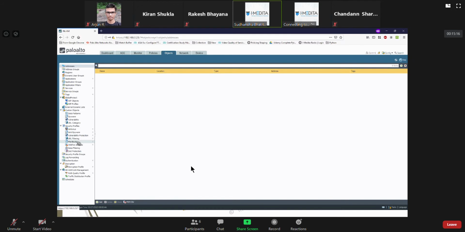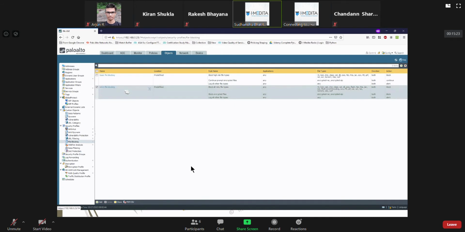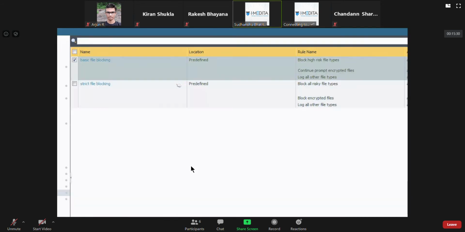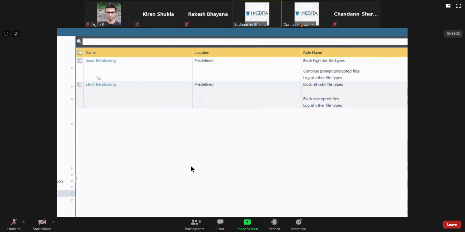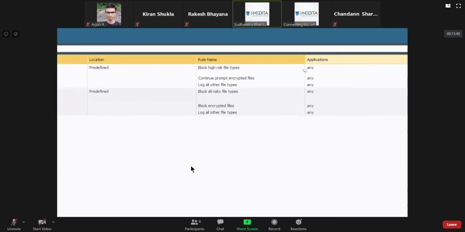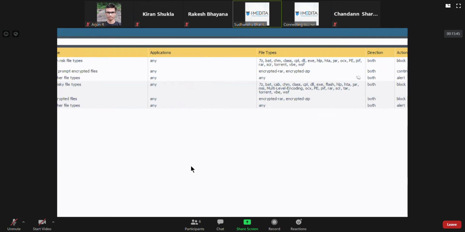If you go to the objects, if you go to file blocking, you have two: basic and strict. If you look at them, they have already blocked most of the high risk things, so you can clone and make based on that. In any corporate environment, you would not want people to be allowed to download or upload torrent files.